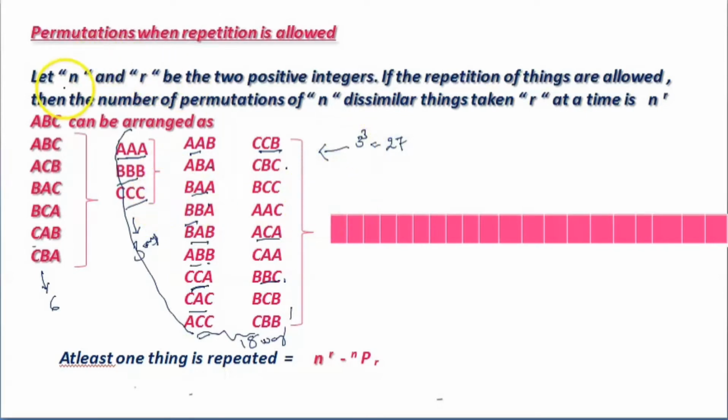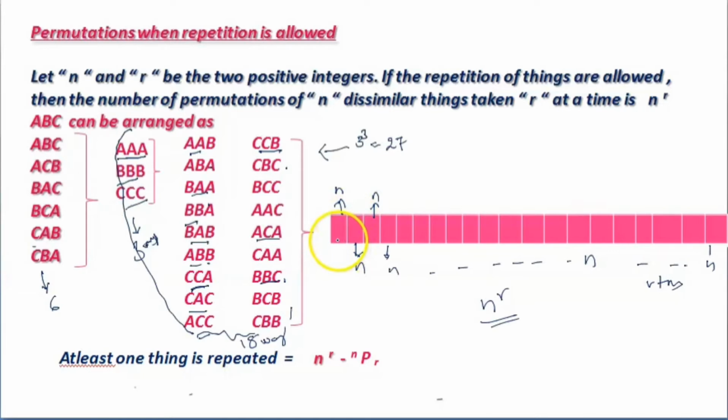Let us look into the permutation of repeated things. N things are given, or places are given. How can we arrange? First place can be arranged with n things. Next place can be arranged with n things since repetition is allowed. Third place with n things. Fourth place with n things. Similarly, it contains r places. Each place with n ways, r times. So there is n power r. Each work must be done in n ways since repetition is allowed.